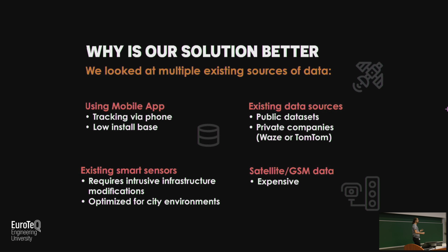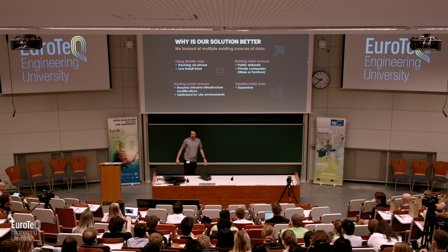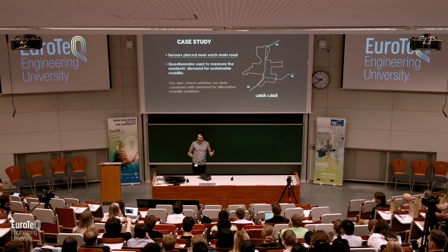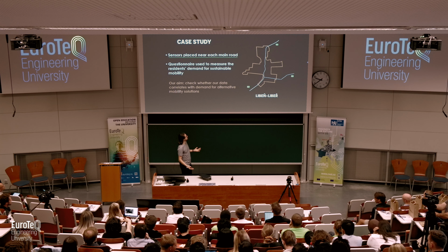Or we could use other smart sensors that already exist in the world. However, those are usually optimized for cities, and it's usually things like induction sensors built into the road, or magnetometers, or traffic cameras, and those require infrastructure, maintenance, and a lot of upfront cost, which we want to avoid here. So we took these three sensors, and now to explain how this actually brings about a sustainable outcome, we ran